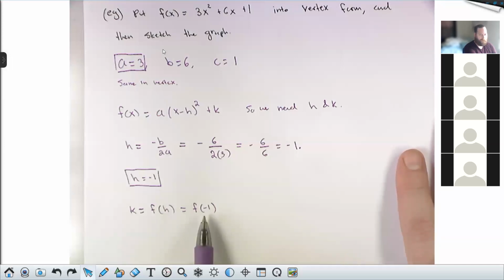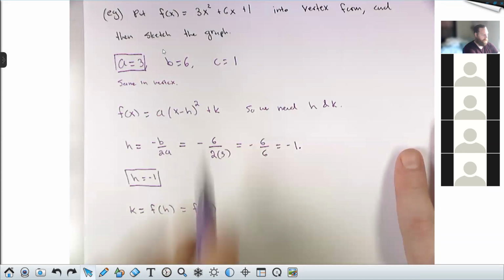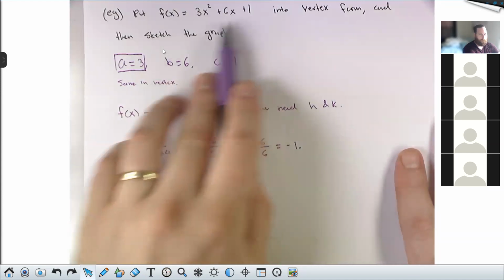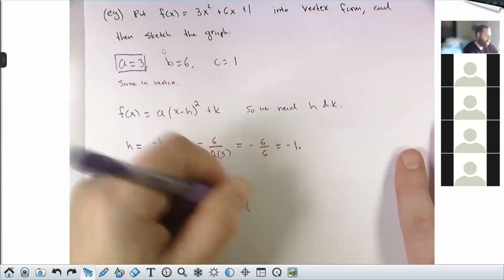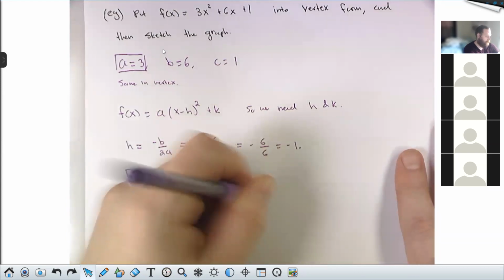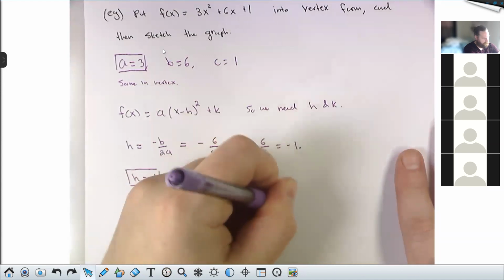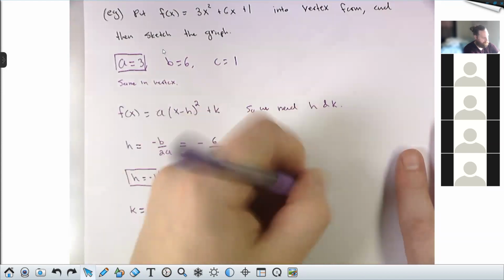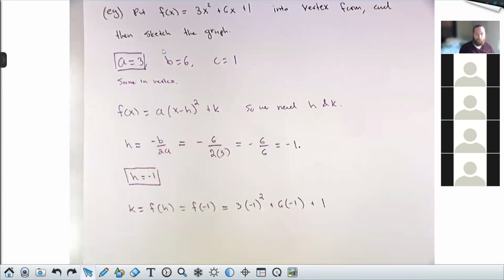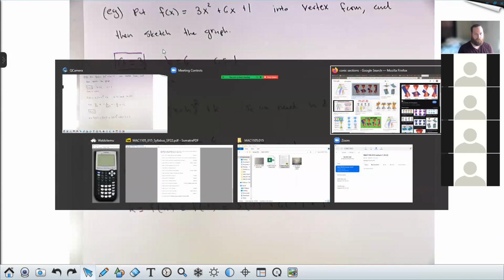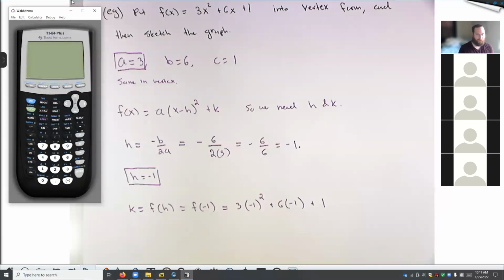If I want f of -1, I have to come back here to my formula for f of x and plug in -1 for x. So that's 3 times -1 squared plus 6 times -1 plus 1. And you need to be mindful of your order of operations. Let me show you how I would do this in a calculator. Not that you need the calculator for this, but if you're going to put things into the calculator, which I know we will inevitably do quite a bit of,